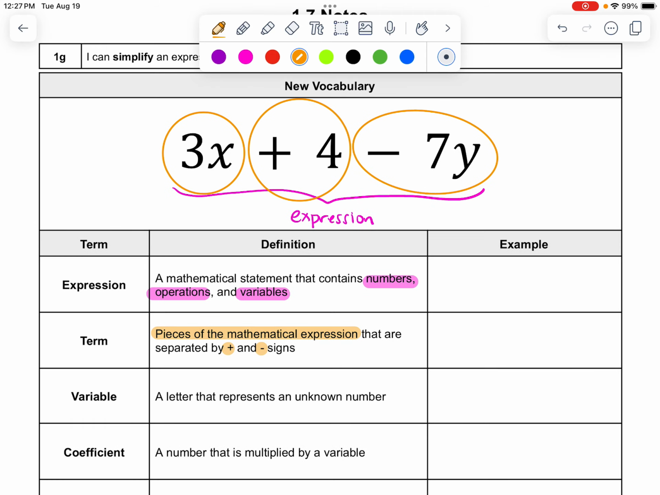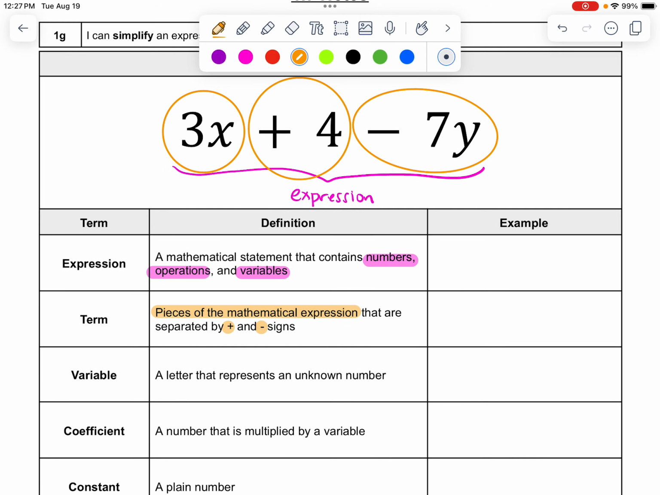If I said, let's make a list of the terms, you would write something like this. 3x is the first term, and then you would put a comma because you're making a list. Positive 4 is the second term. We don't usually write the plus for the positive, and then a comma, and then negative 7y is the last